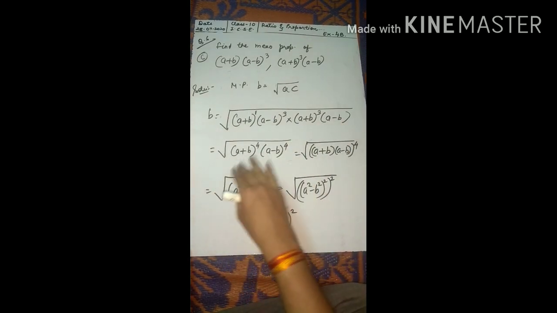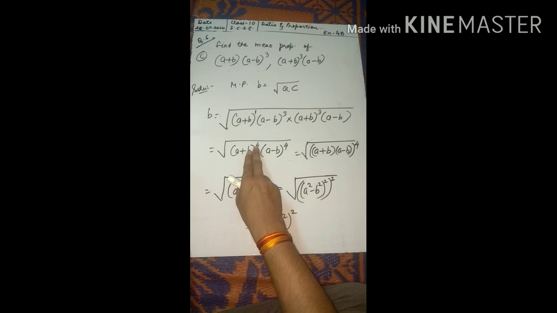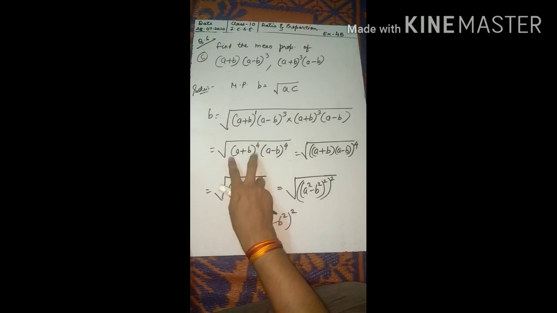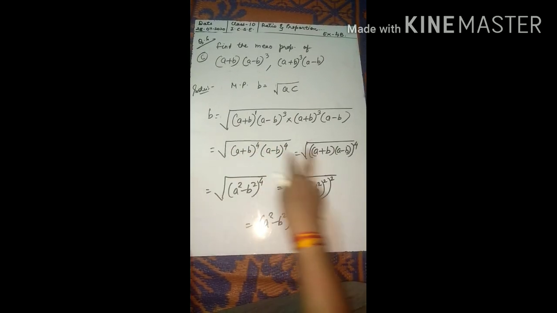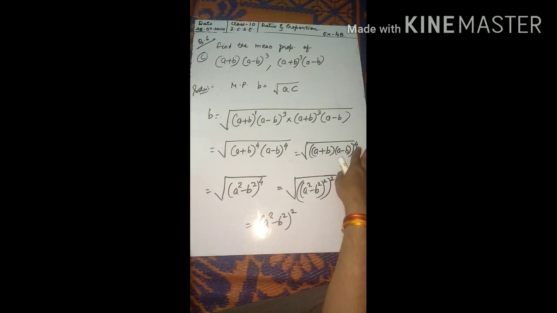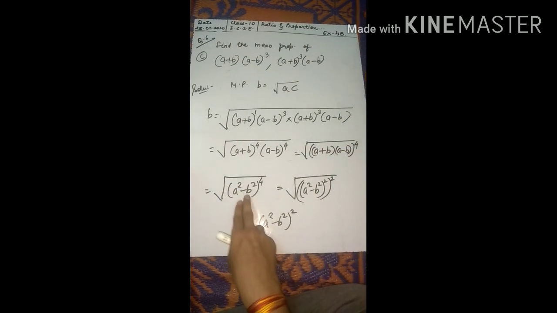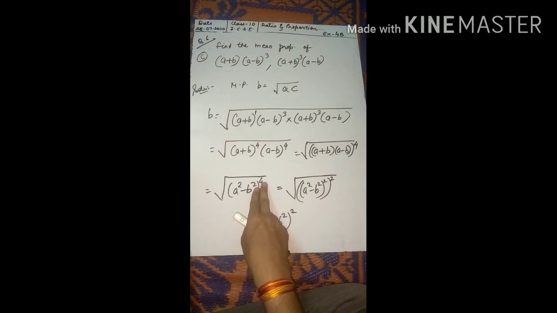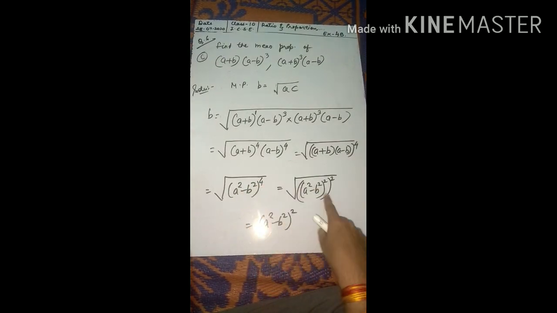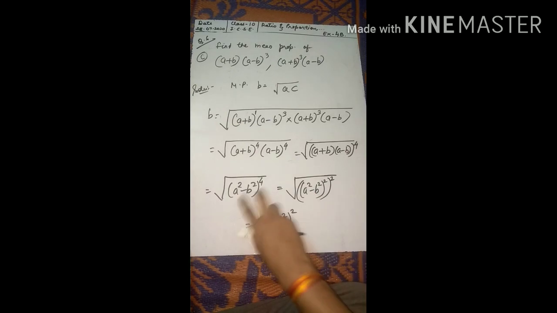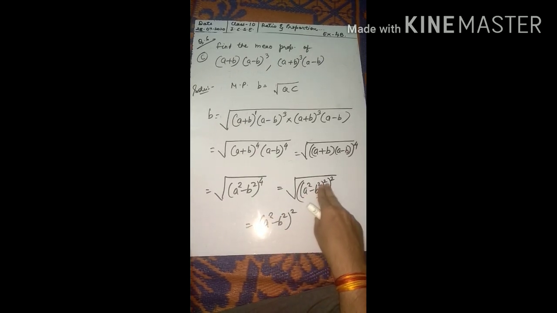Now again, according to the law of indices, they both have the same power. So their bases will be multiplied. So a plus b, a minus b, the whole power 4 I have written. Now a plus b, a minus b is what? a square minus b square to the whole power 4. Now this 4 can be written as a square minus b square to the power 2, whole to the power 2, because 2 twos are 4. Why have I done this? To cancel this square with this root.